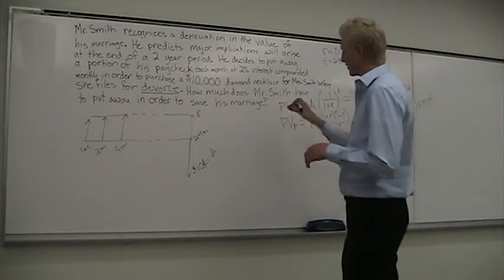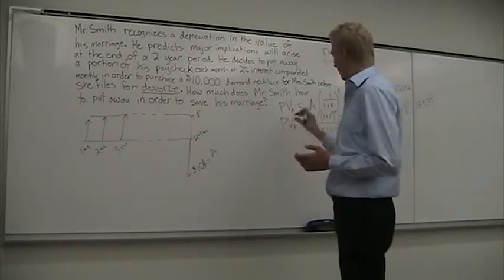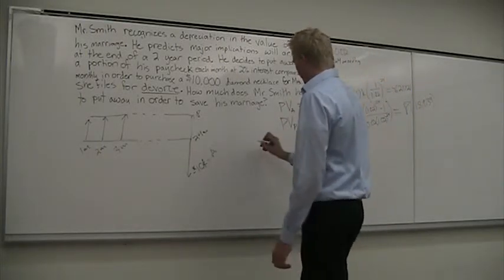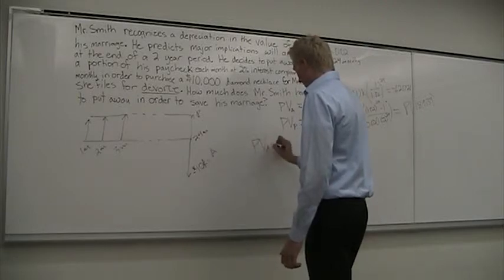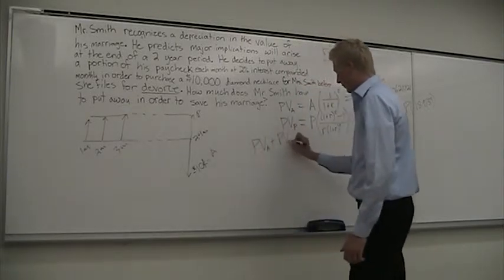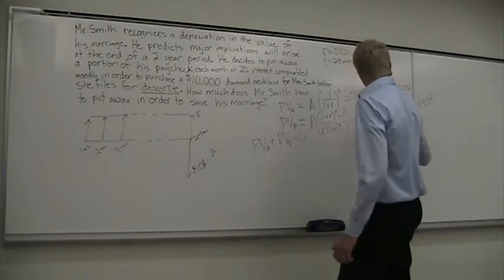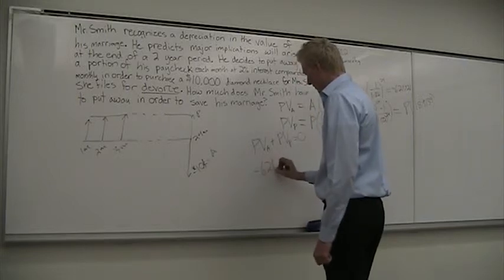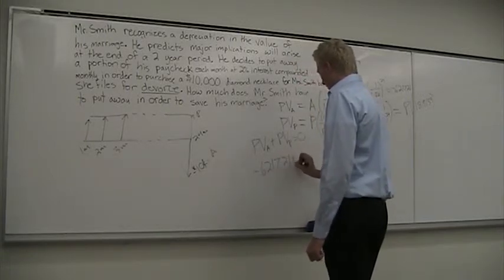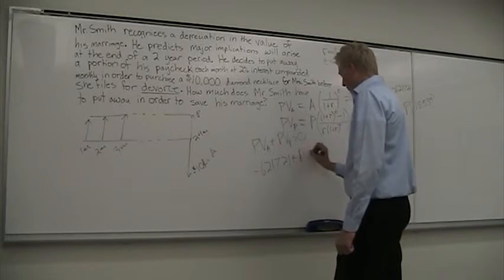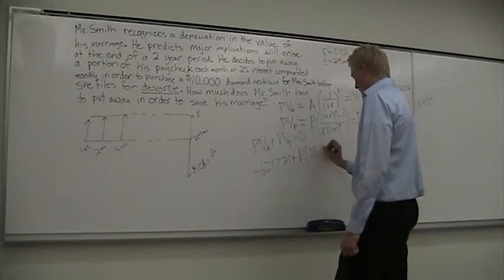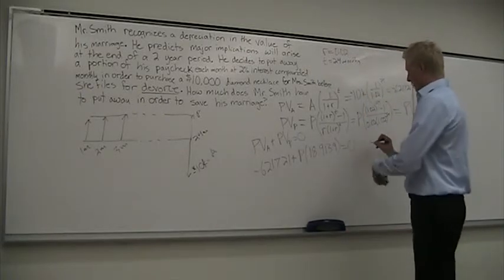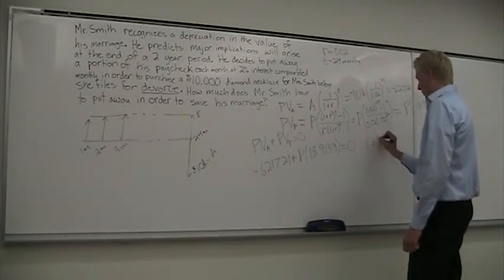Now we take these two values, sum them together, it means that one's negative, one's positive, and set them equal to 0 to ensure that the two values are equivalent. So we have PV sub A plus PV sub P is equal to 0. We input the two values and we have a negative $6,217.21 plus the unknown value P times 18.9139, all is equal to 0, which, doing the simple algebra, we get P is equal to